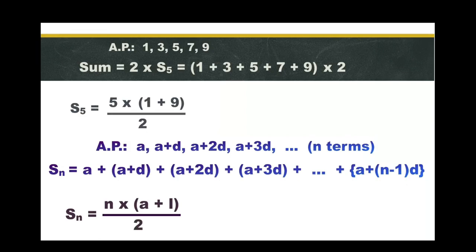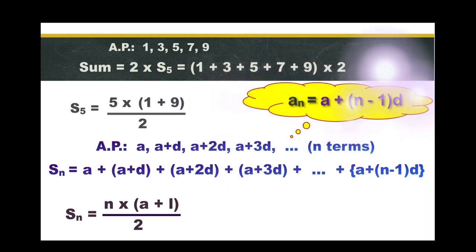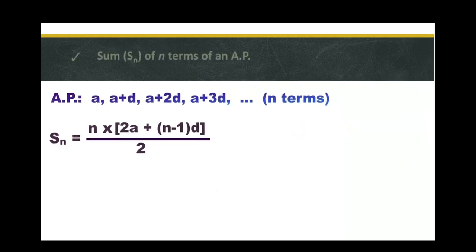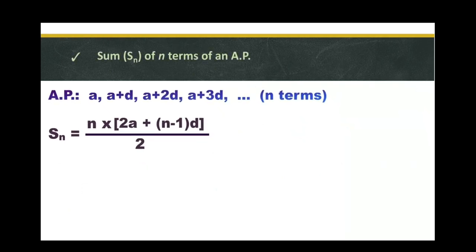Or we can replace this L by the last term, that is the nth term, a_n equals a plus (n minus 1)d. So replacing L by a plus (n minus 1)d, we get n times (a plus (n minus 1) times d) whole divided by 2. Or we can simplify this as n times (2a plus (n minus 1)d) whole divided by 2. So this is the formula for the sum of first n terms of a given AP,